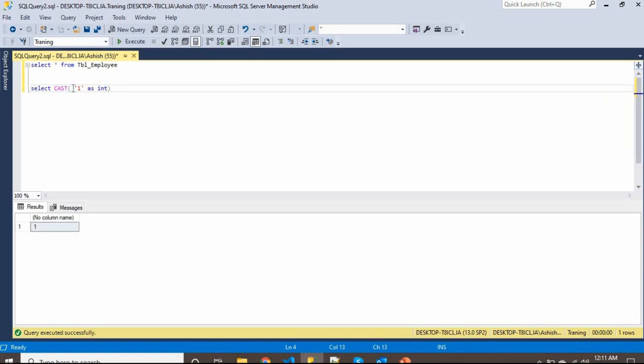In normal cases, it will convert by default, because a string like that can be converted into an integer very easily, so there is no issue.